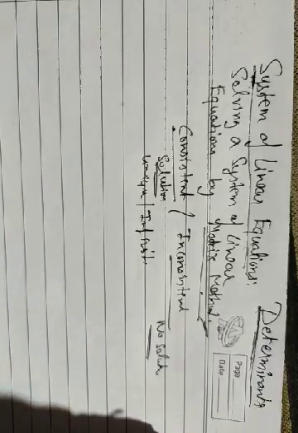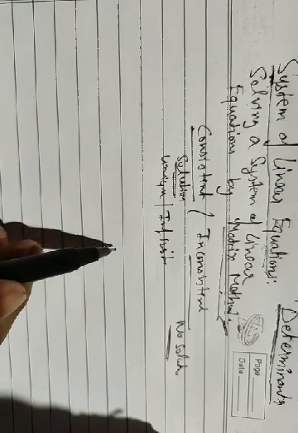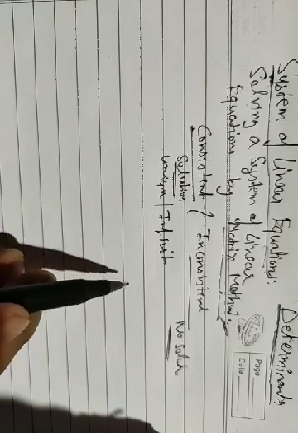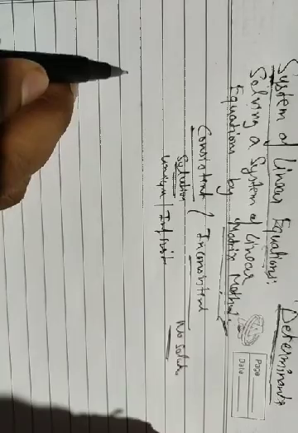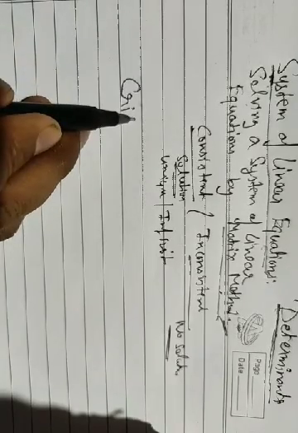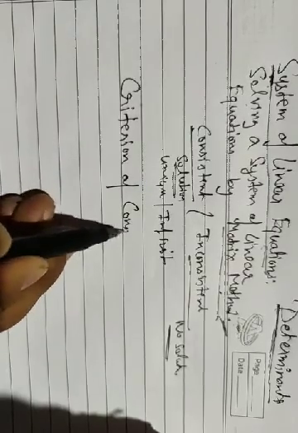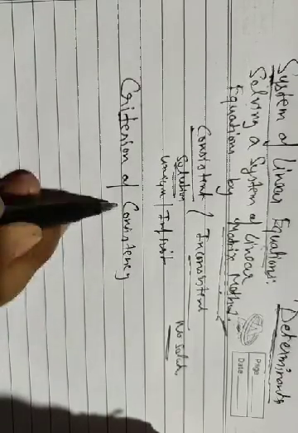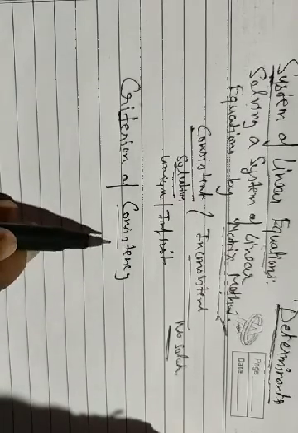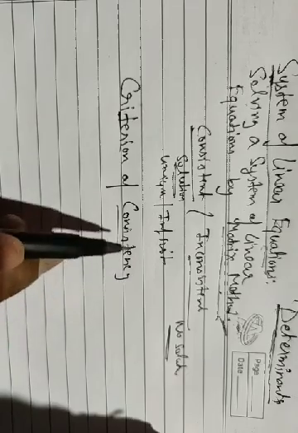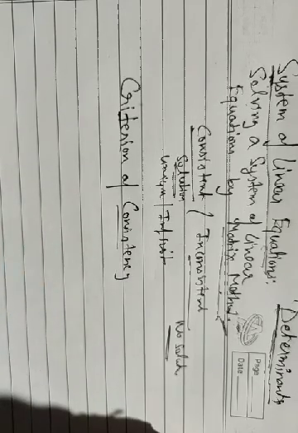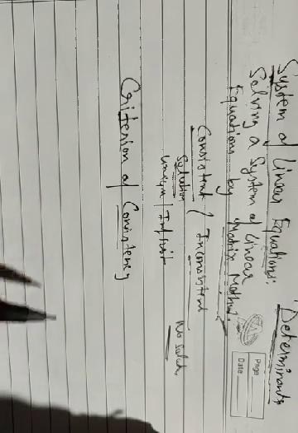Similarly, how can we determine, without proving, at the level of class 12, what the criteria of consistency should be? We are going to discuss the criterion of consistency: whether the system is said to be consistent or not. We give the following criteria for the consistency or inconsistency of a system of linear equations.